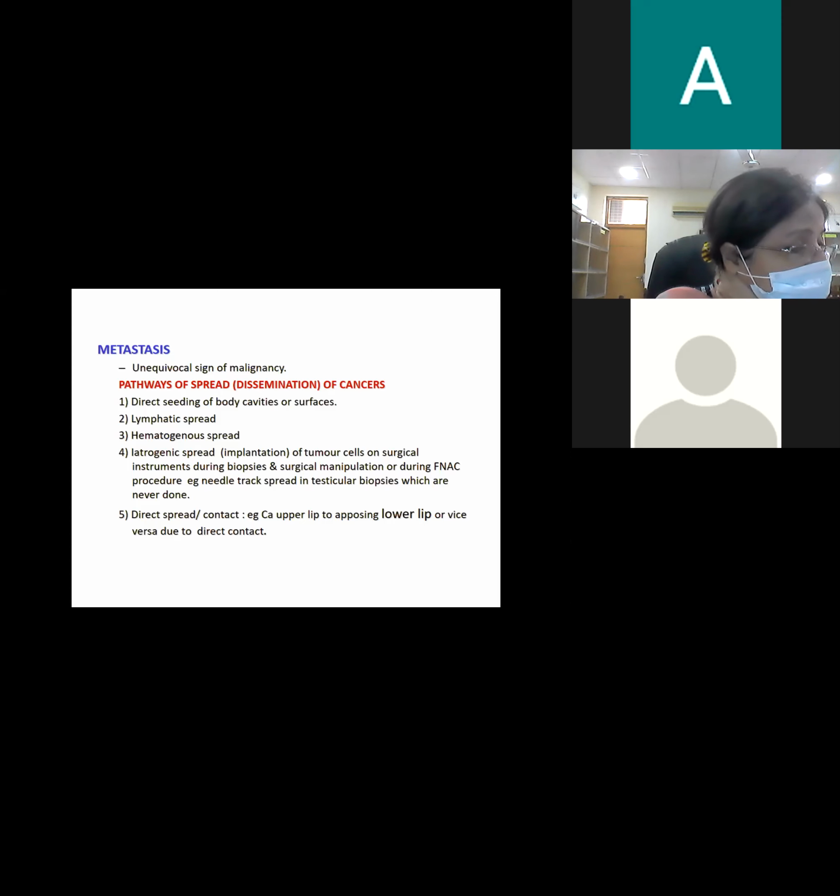Metastasis is defined as the spread of a tumor to distant site, away from the original site. एक tumor है, उसका suppose ये उसकी original site है. अगर ये इसके साथ एक और पड़ा हुआ है, that is not metastasis. एक ट्यूमर है, उसके साथ ही एक adjacent tissue के अंदर अगर वो ट्यूमर invade कर रहा है, तो that is not metastasis, that is invasion.